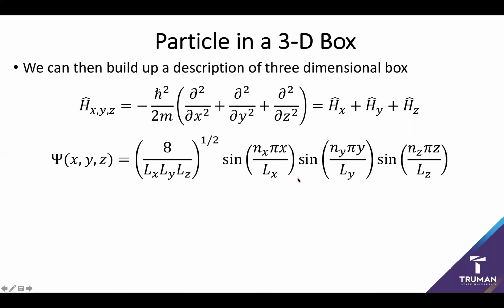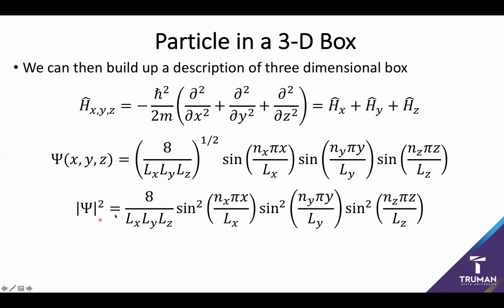Very similarly, we can then express our probability density as simply the square of this wave function, where now we guarantee a positive solution to the probability density by essentially squaring the sign of each of these terms. One of the things that you should make note of is that just like it's possible to have a square potential by setting 2 lengths equal, you can have a cubic potential by setting these 3 lengths equal. And this would be essentially the